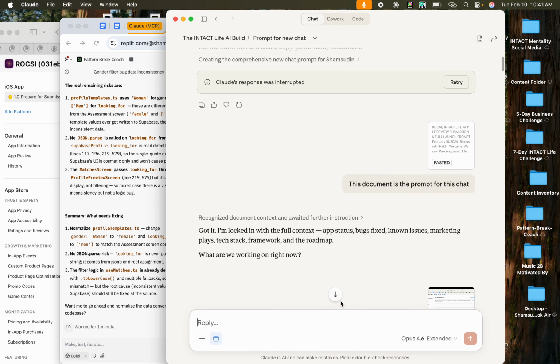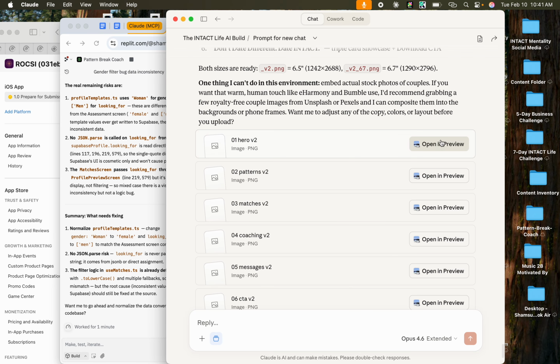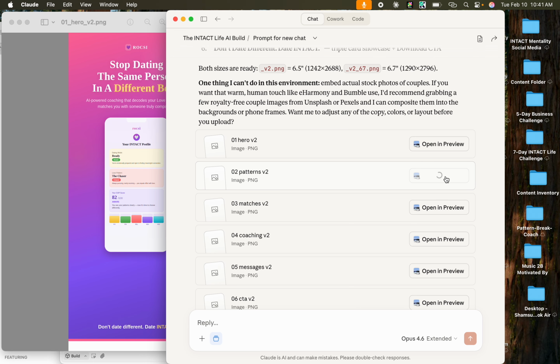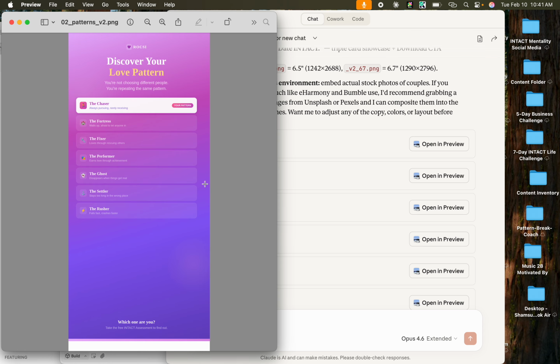And let's look at the images that it created for us. All right, let's look at the hero image. Okay, stop dating the same person in a different body. I like that a lot better. It has the colorway. It's a little bit more inviting with the color. All right.